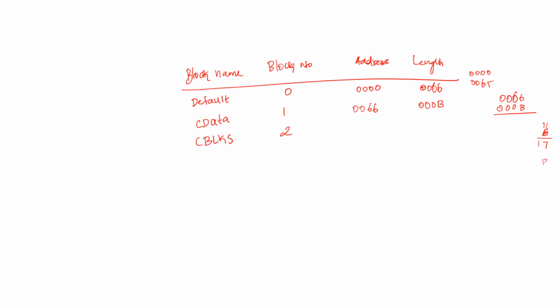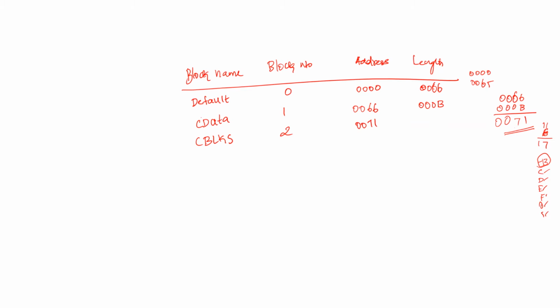So what will I do? B plus 6. B, C, D, E, F. So B plus 4 is F. Then 0, 1. So 1. Next, 6 plus 1 will be 7. So I will get the answer as 0, 0, 7, 1. Right? C, you have to B. Then from B you have to add 6 places: C, 1, 2, 3, 4, 5, 6, 1. So I have given the 1 here. 1 will be carry because 0B plus 6 is 11 hex. Then 6 plus 1 is 7. So the starting address is 0, 0, 7, 1.